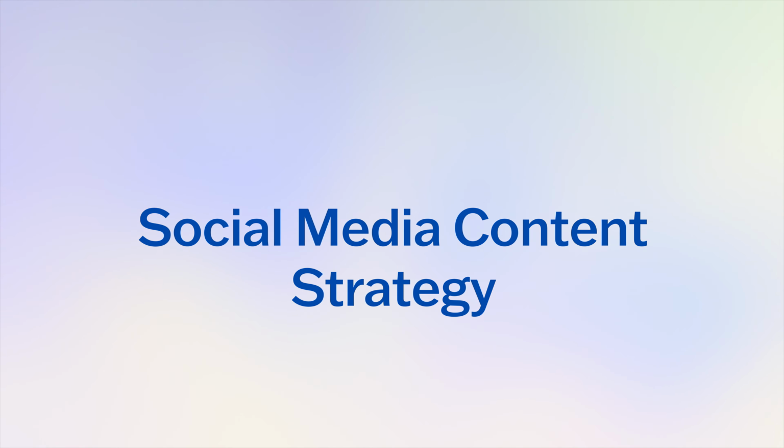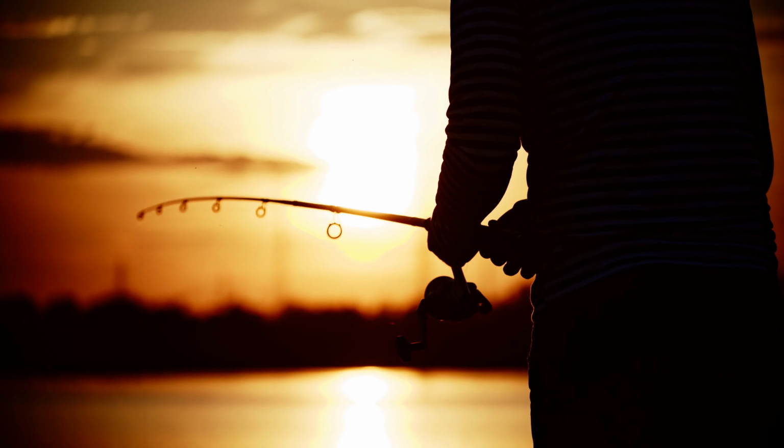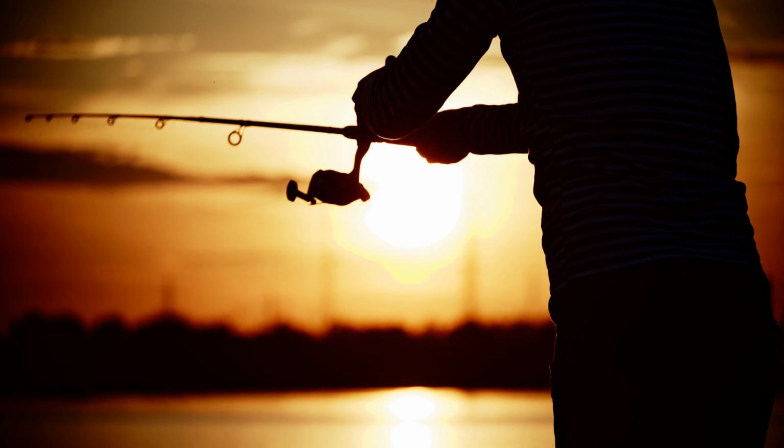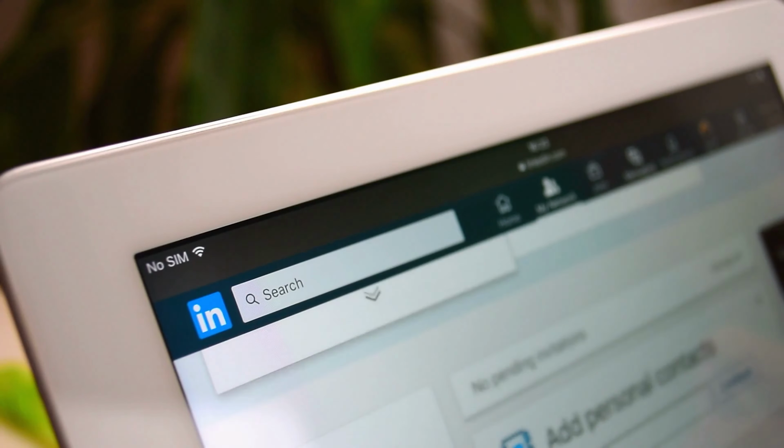And then finally, you want to start thinking about socials. So we did a previous video where we started to talk about fishing where the fish are, and by that we simply mean you fish in the ponds where your ideal clients or prospects hang out. So we create content specifically for a platform where we know that we're going to engage an audience. So start to think about what platforms you're going to be posting on and the content that you're going to be creating for that. And it might be that some of the content that you create for Facebook might be different to the content that you create for LinkedIn. It might be business to business versus business to consumer. So start to think about that for your business. Something to think about for your content marketing strategy.